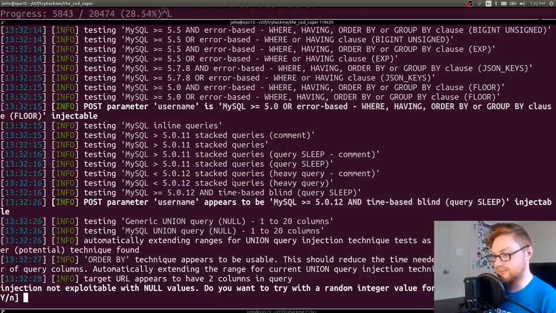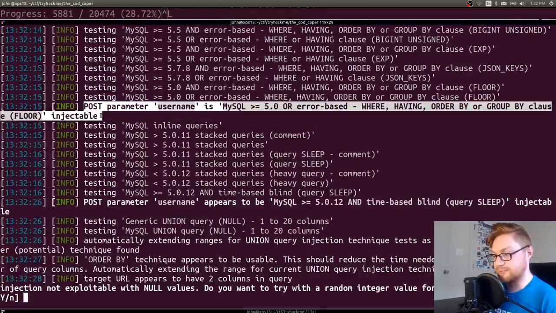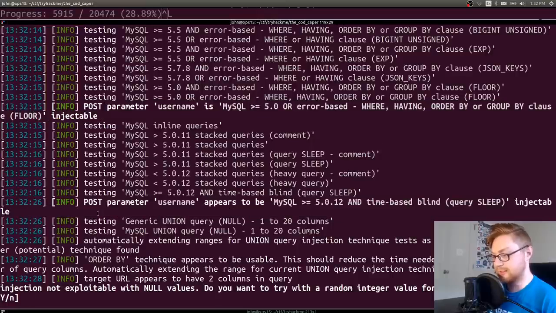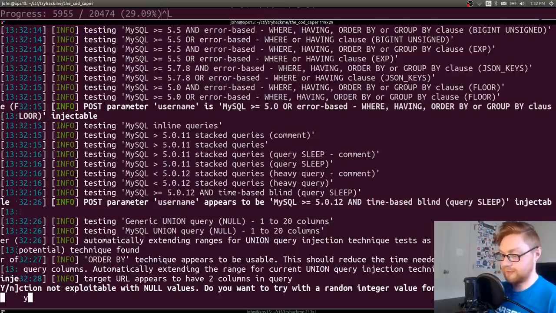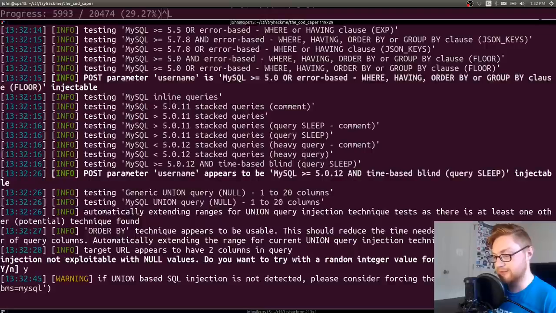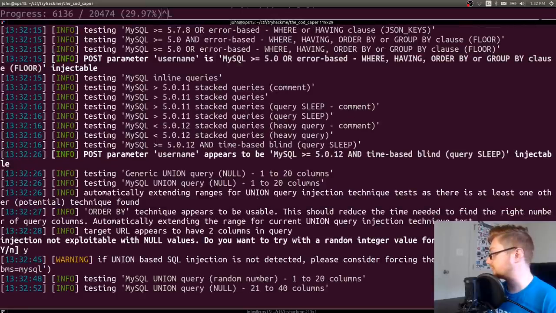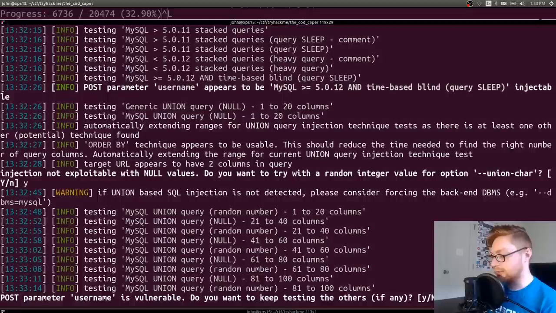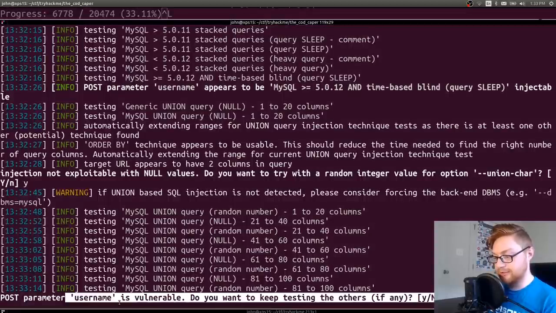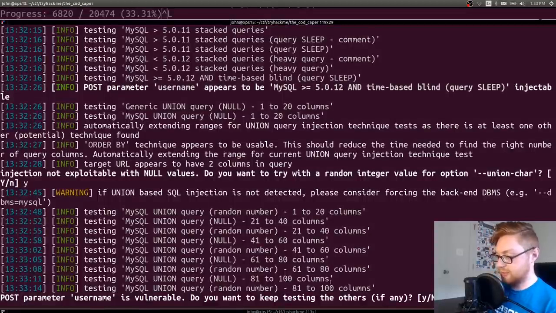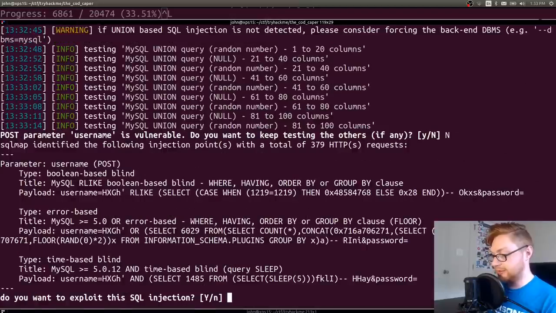Okay, SQLmap seems to find some things where it's thinking a POST parameter is injectable, but it's asking, do you want to try with random characters rather than null values? And I say, yes, that's totally fine. Just keep beating it up, and maybe you'll track down a potential injection. Great, now it figured out that the username variable is vulnerable and we can inject into it. Do you want to test any others? I'm going to say no here,